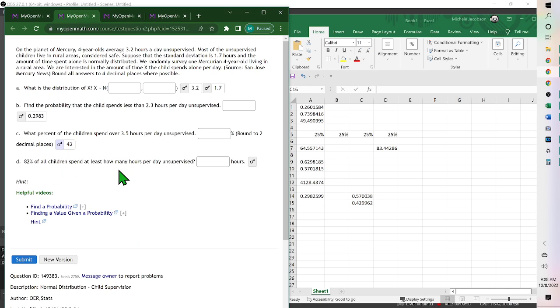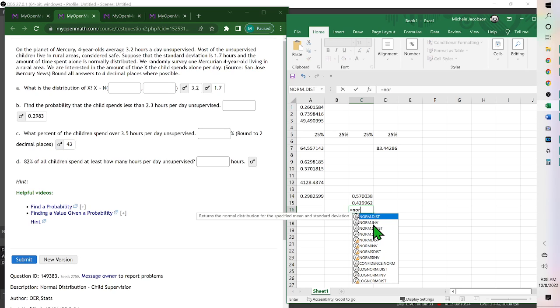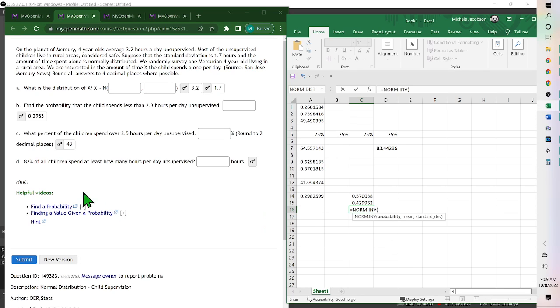82% of children spend at least how many hours a day unsupervised? At least. So that means that value or more, because 82% of all children spend at least how many hours unsupervised? So equals norm inverse. Now the probability